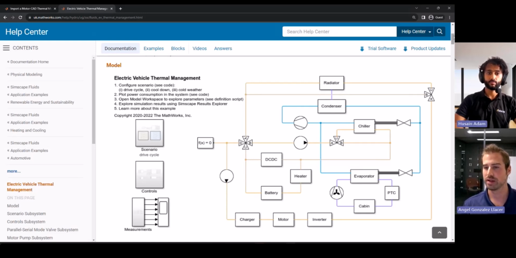It's a more complicated one. But in the same way I described before, you can place your motor here and then observe how it impacts the cooling of the inverter, charger, battery, etc. And you can then rearrange everything to your particular vehicle design and have everything modified. But yeah, this would be how you can integrate it into Simscape models.